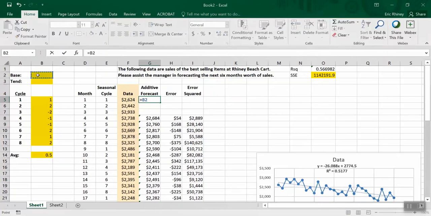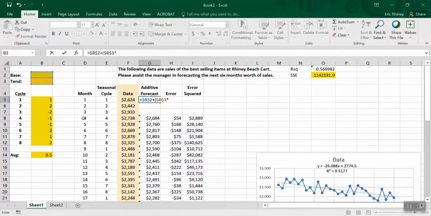And this is going to be the same for each one of my forecast data points. So I'm going to use my F4 key so I can lock that in place. And then we said plus the trend, which is this one, and it's going to be the same for each of my forecast data points, so I'm going to lock that in place, times,